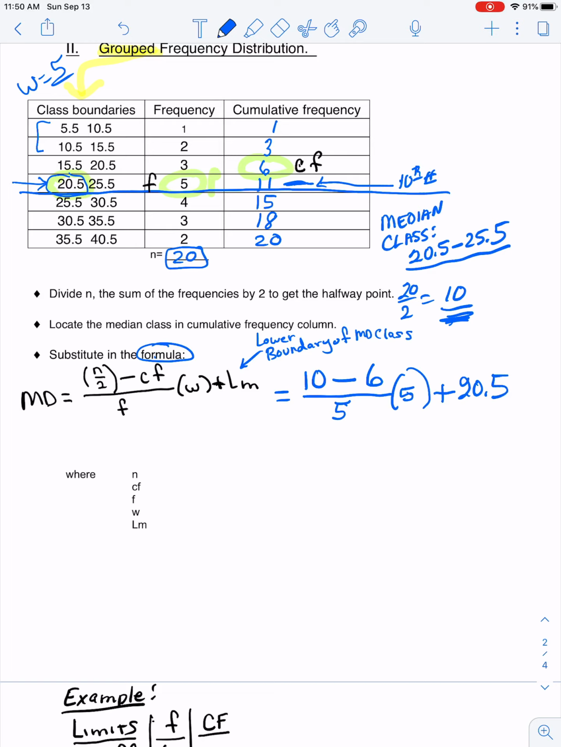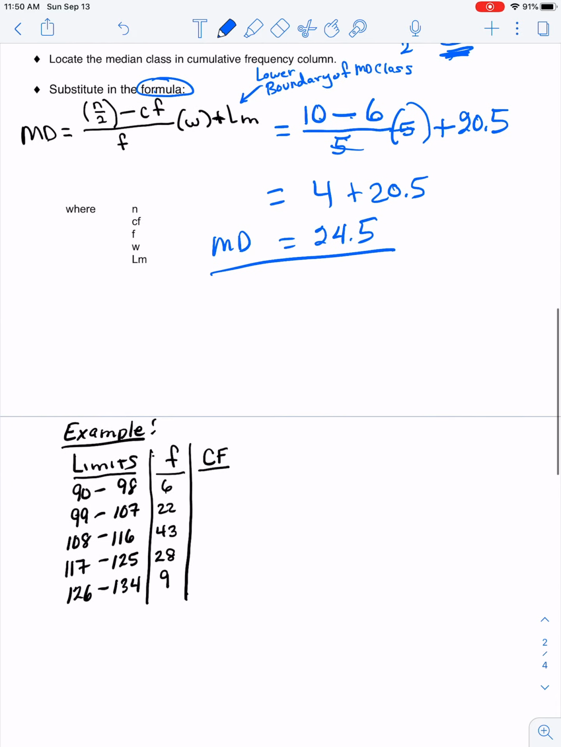And then we do some arithmetic on here. So I would probably cross reduce the 5s and then do 10 minus 6 is 4, plus 20.5. So that says that our median by calculation is 20.5. Okay, now I know that was an awful lot going on, so let's come down here,